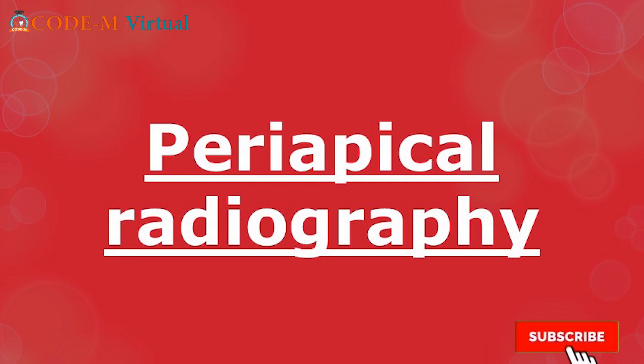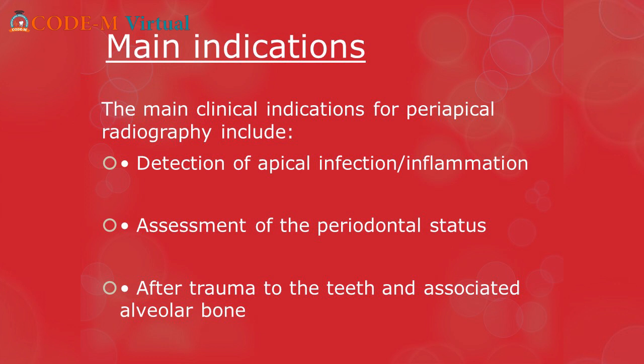The periapical radiography describes the intraoral techniques designed to show individual teeth and the tissues around the apices. Each image usually shows 2 to 4 teeth and provides detailed information about the teeth and the surrounding alveolar bone. Main indications: the main clinical indications for periapical radiography include the detection of apical infection or inflammation, assessment of the periodontal status, after trauma to the teeth and associated bone,